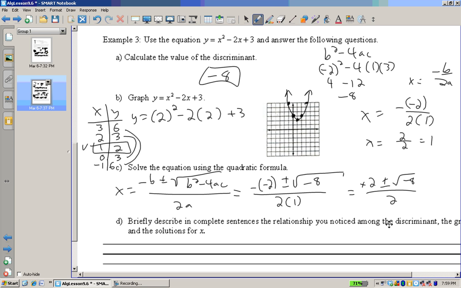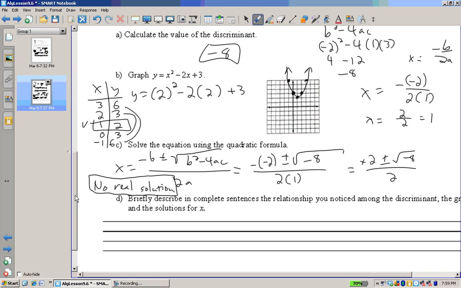Now we have a big problem here, which is the square root of negative 8. When we get to later math, we'll realize that this is an imaginary number, which is actually 2i times the square root of 2. But we're just not there yet. In Algebra 1, we're dealing with a real number system, and so we will have no real solution. And I like to say no real solution because that does indicate that we're dealing just simply in the real numbers. There is a solution. It's just not a real number. So trying to connect these